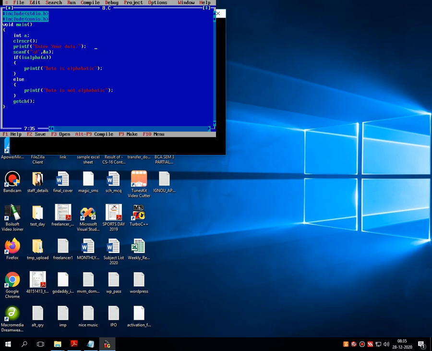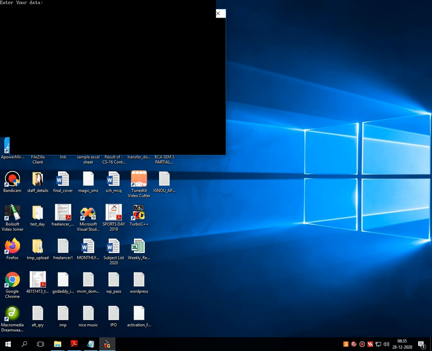I am changing the variable type of this particular function from character to integer to character, and then I am executing the code. Then I am giving some characters, and it returns data is alphabetic.